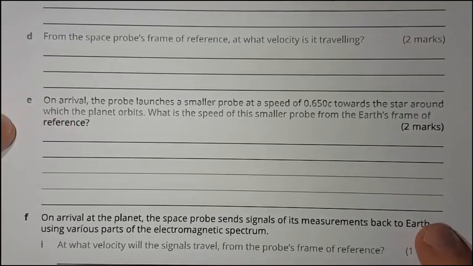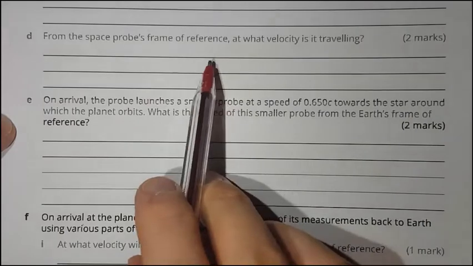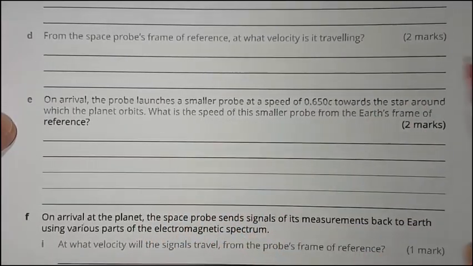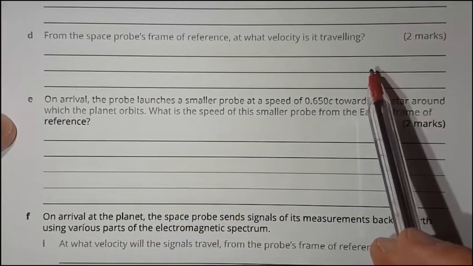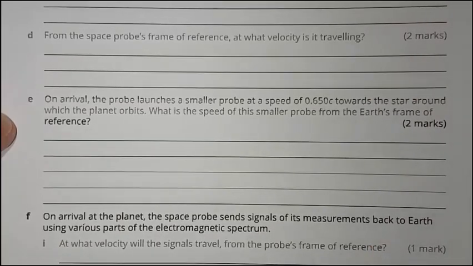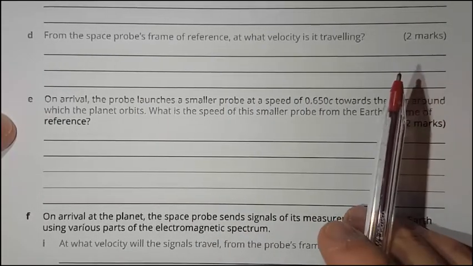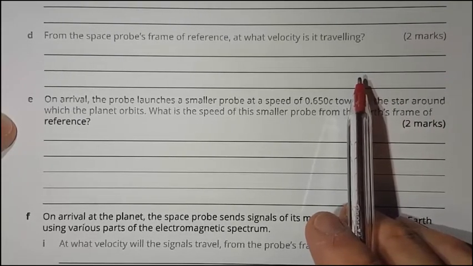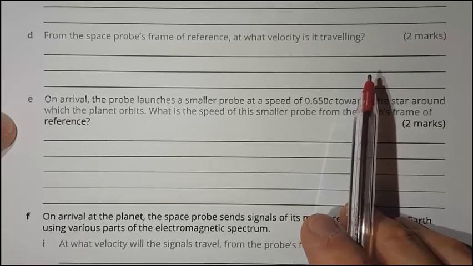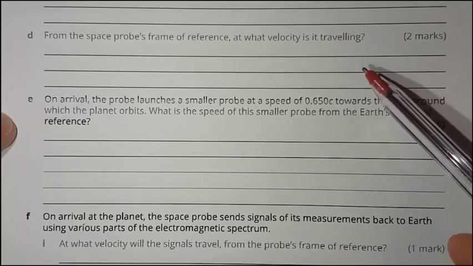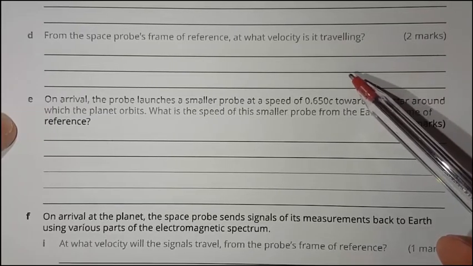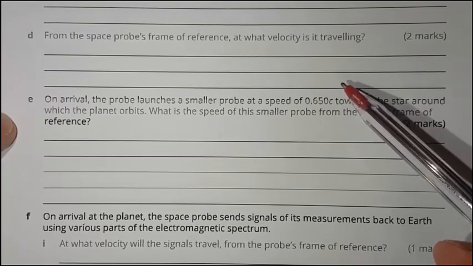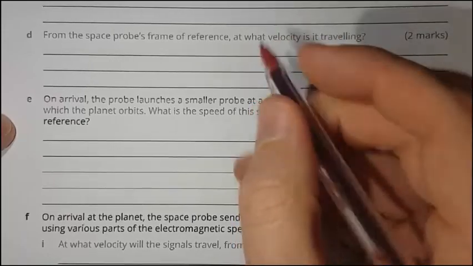Okay, so now looking at D, it's asking you from the space probe's frame of reference what velocity is it travelling. This is a strange one because I know that some of my students thought the answer would be 0, because you're not supposed to be able to know how fast you're travelling unless you look outside. And I think this question doesn't make that clear enough. But if you could see what's happening outside, how fast would that probe think it's travelling according to its own frame of reference? The easiest way to look at that is say, well, if someone on Earth is seeing that it's travelling at 0.820 c, then you flip the reference point and you're inside the probe, it's going to be the exact same answer. It's going to be